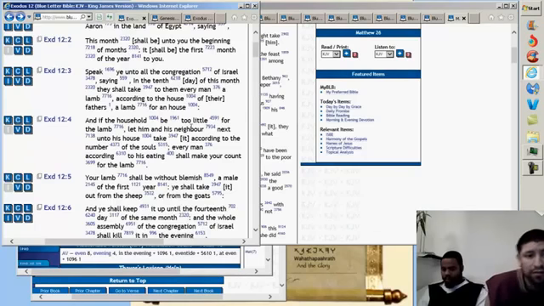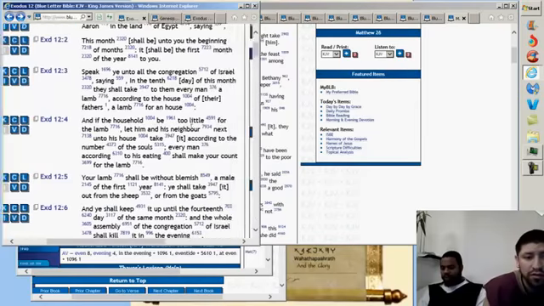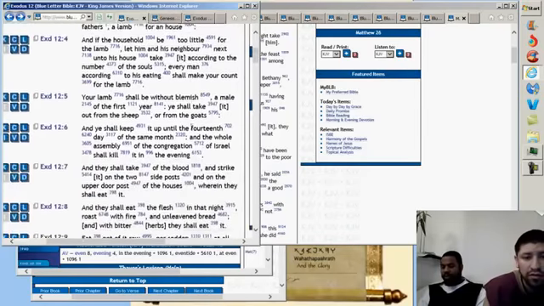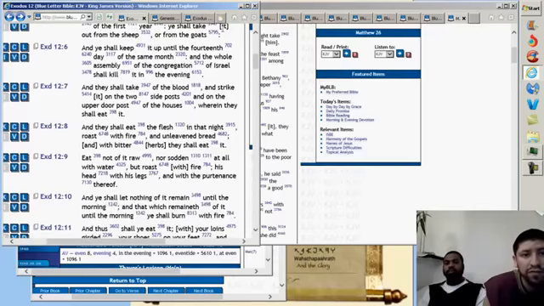All right, verse 6. And ye shall keep it up until the 14th day of the same month. So see, there's the point. To the 14th day of the same month. Now, what's going on here? What time are we dealing with the Sabbath? And so what is he keeping? And on the 14th day, what's going to happen? Keep reading. We're going to figure this out. And the whole assembly of the congregation of Israel shall kill it in the evening. So I wonder, why would you kill it in the evening?